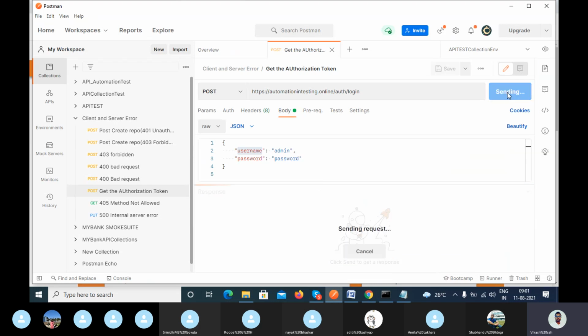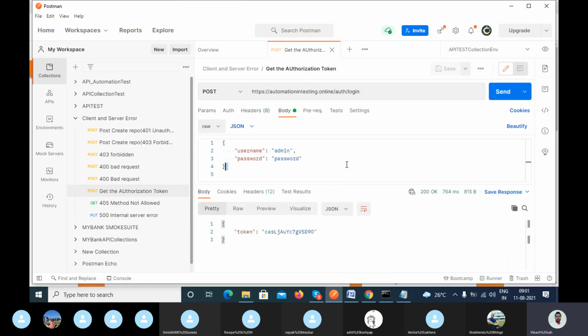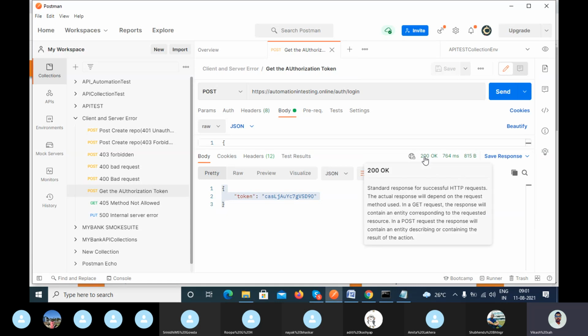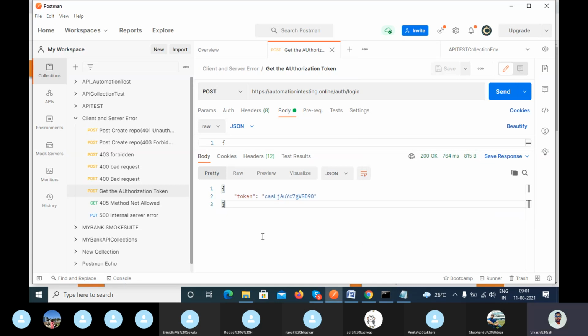Now when you click on send, you can see it generates one token, and the status code is 200. This token is known as an authorization token. This is the key, the token to perform further actions.